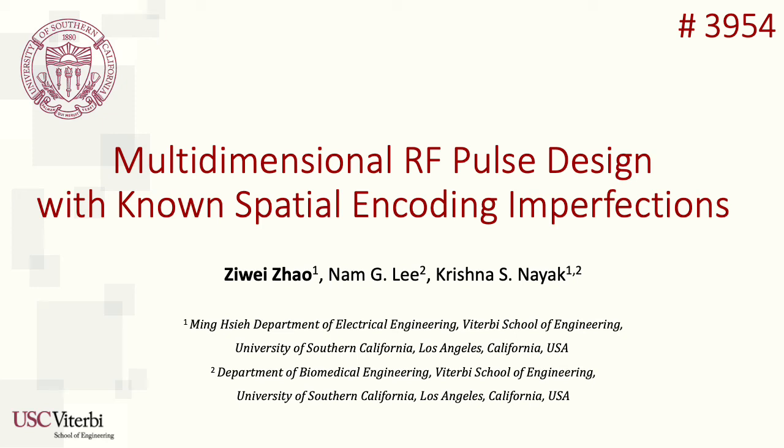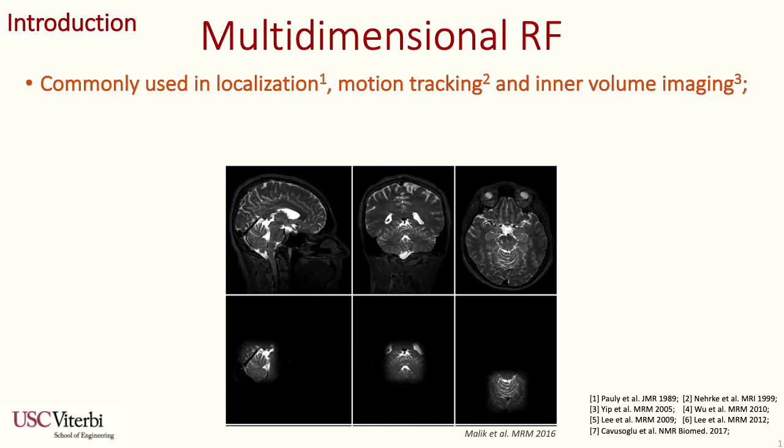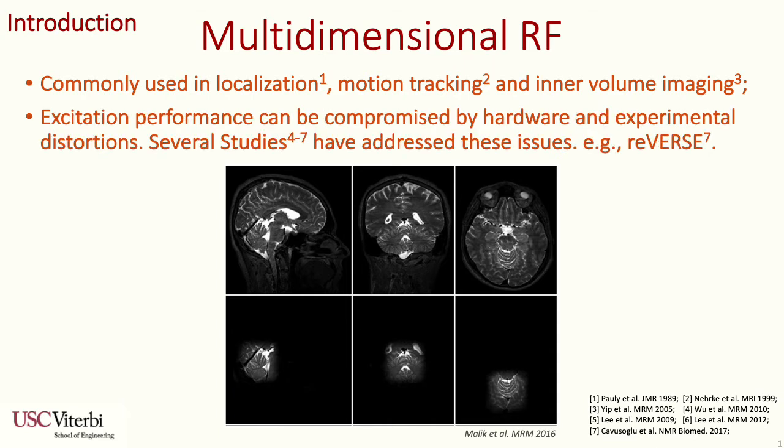Welcome to the abstract of multidimensional RF pulse design with known spatial encoding imperfections. Multidimensional RF pulses have many uses including localization, motion tracking, and inner-volume imaging. Excitation performance can often be compromised by hardware limitations and experimental distortions, for example, limited peak RF power, SAR limit,